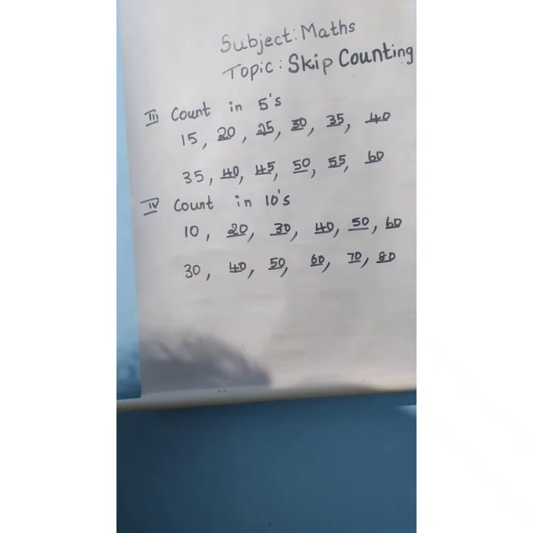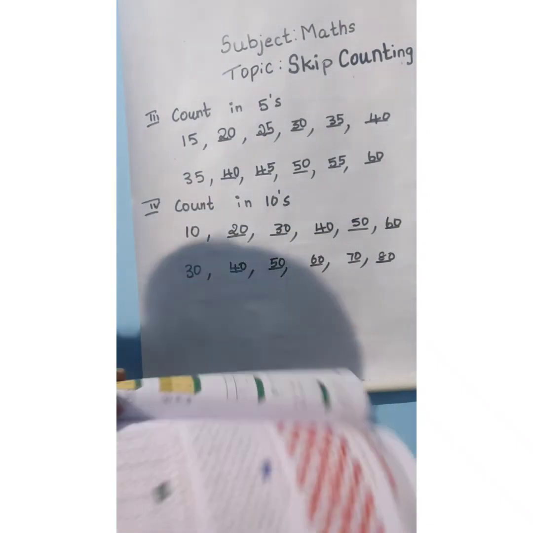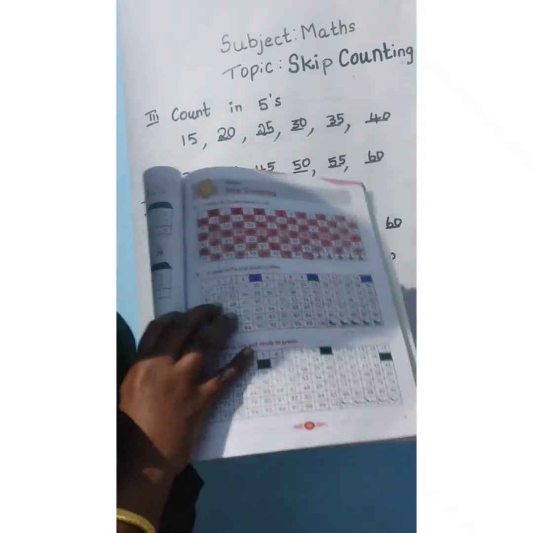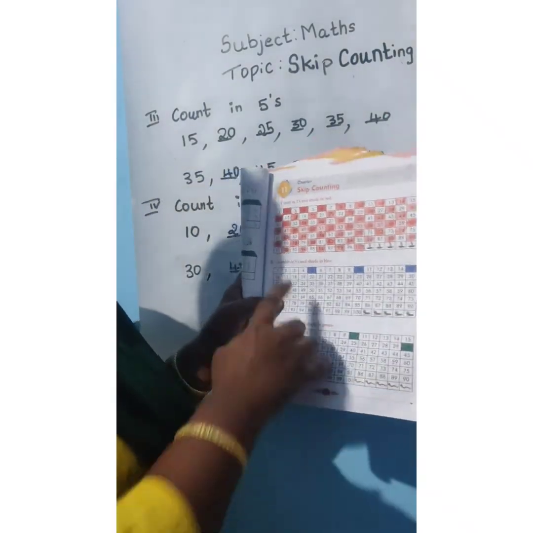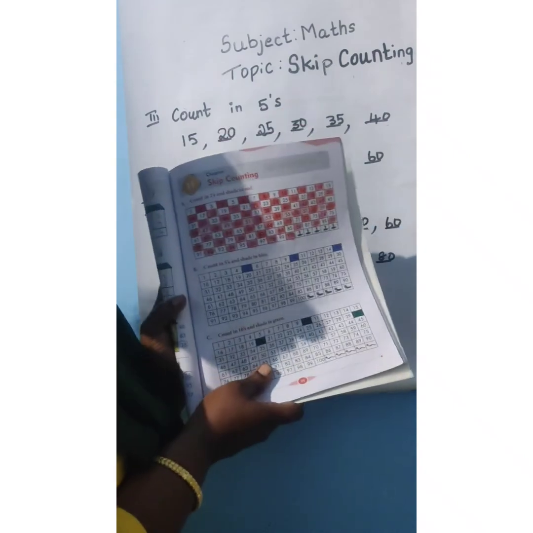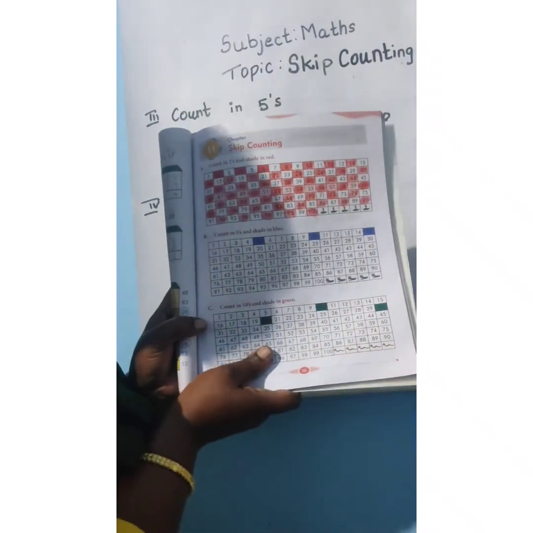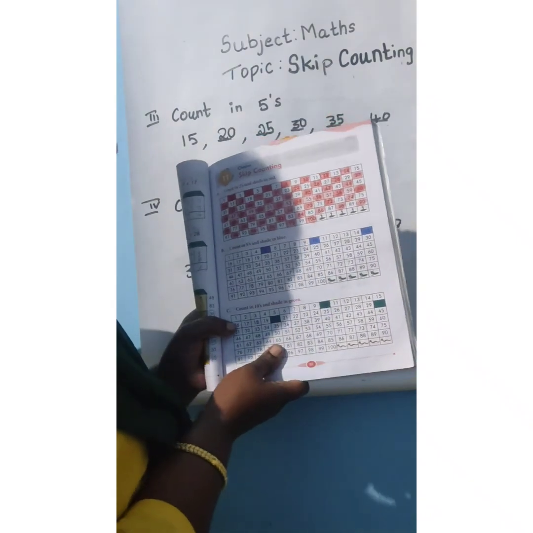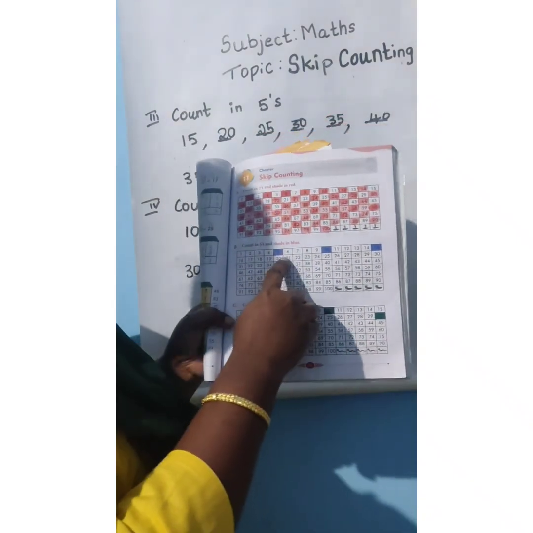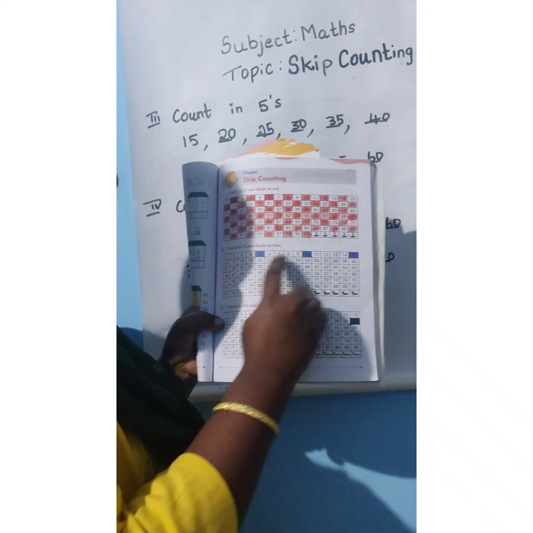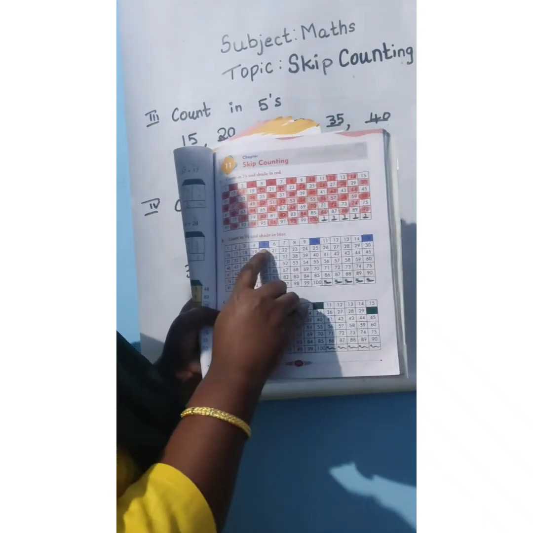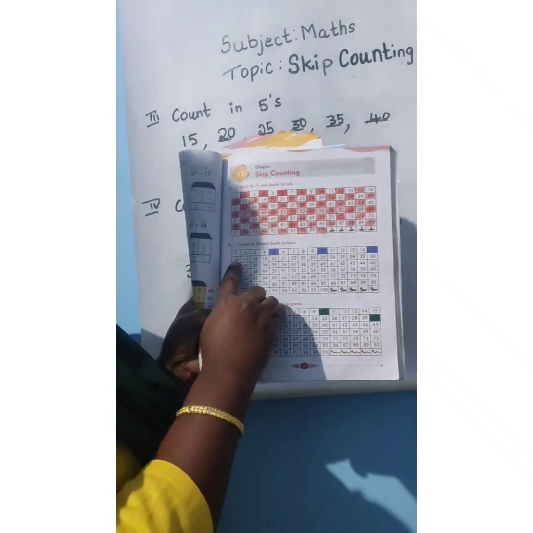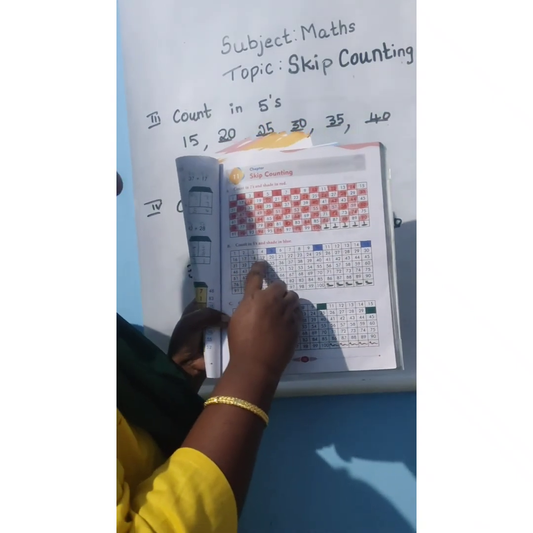Okay. Understood, children? So these two, page number 95, B and C, you should do as homework. Same way, count in 5s and shade in blue. Take your blue crayon and count 5 numbers. They have already given 5, 10, 15, already colored. So next from 16 you have to count 16, 17, 18, 19, 20.